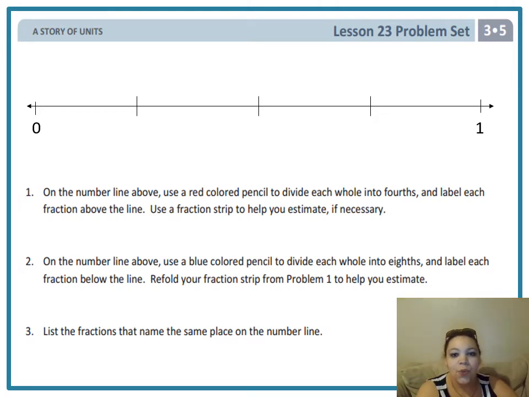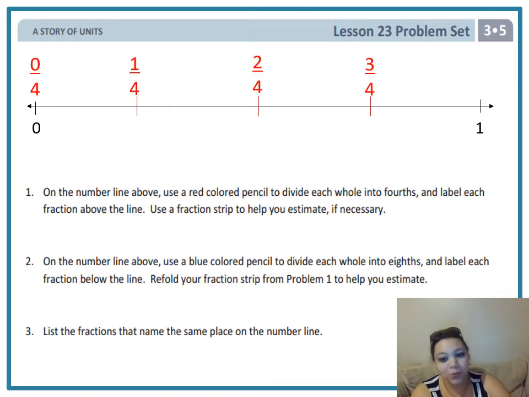All right, so let's go ahead and look at a couple of questions to solve for our problem set. The first one says, on the number line above, use a red colored pencil to divide each whole into 4ths and label each fraction above the line. Use a fraction strip to help you estimate if necessary. So you have your fraction strips available to help you if you need help. First of all, it's already divided into 4ths for us, so let's go ahead and label those fractions. So we have 0/4, 1/4, 2/4, 3/4,